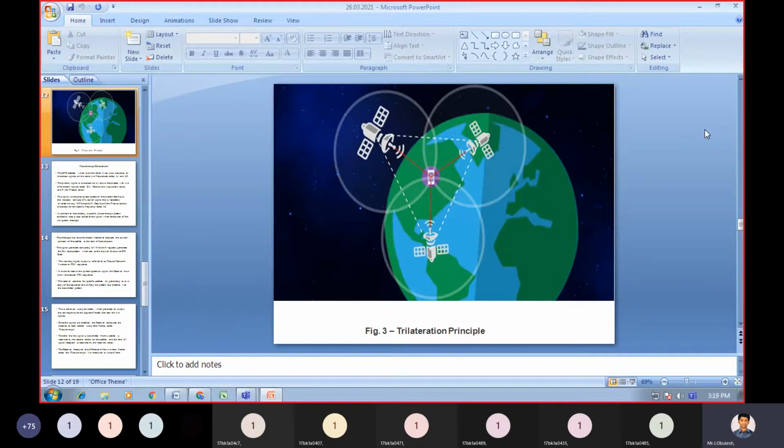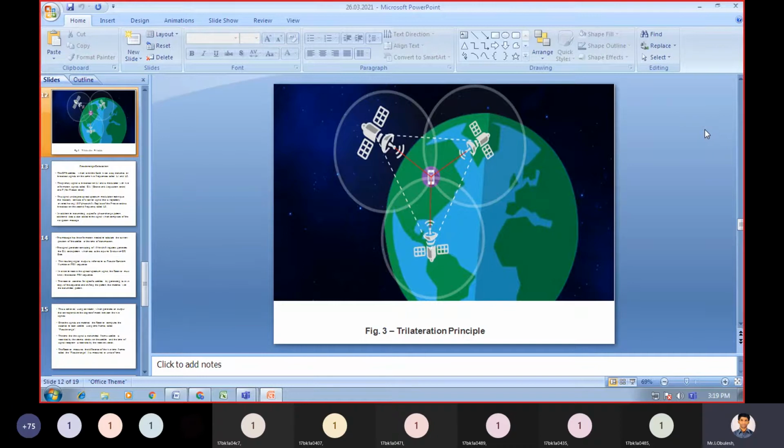See in this diagram, here we have how many satellites? Three. The fourth satellite is used to reconfirm and enhance the position of the point of interest of a receiver.